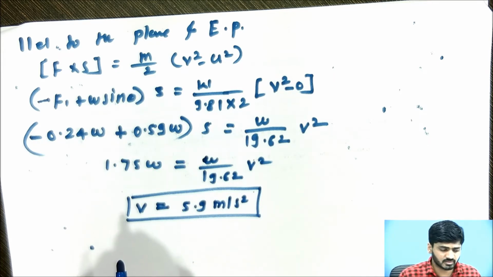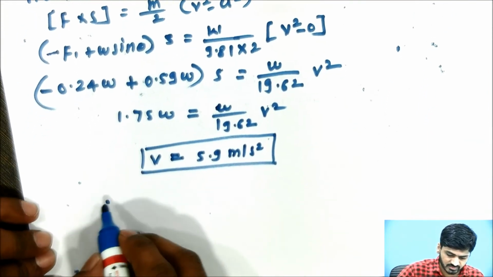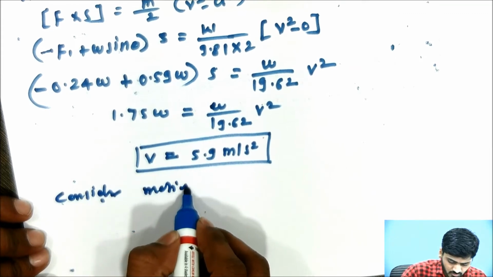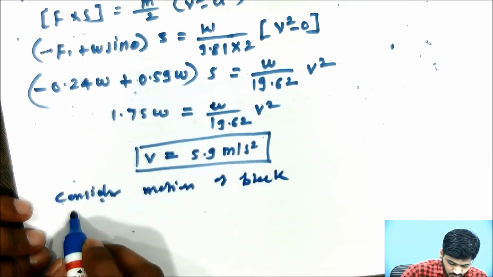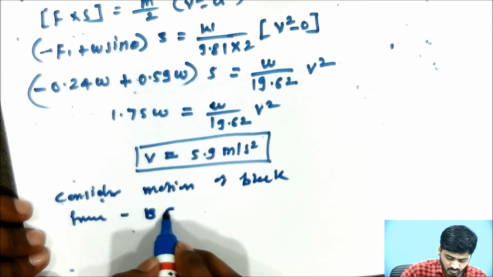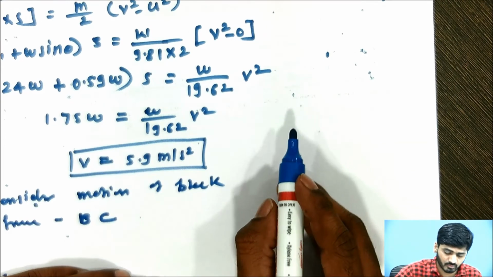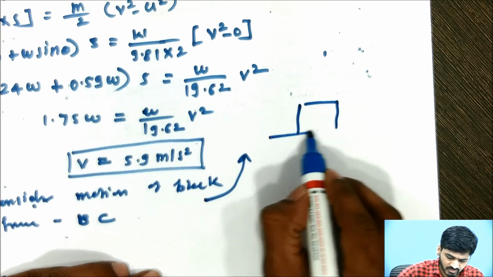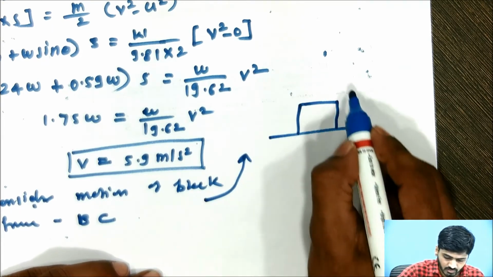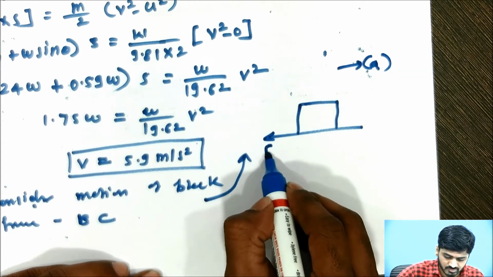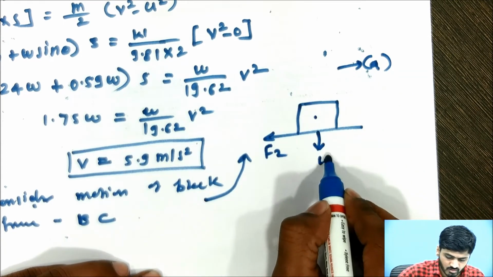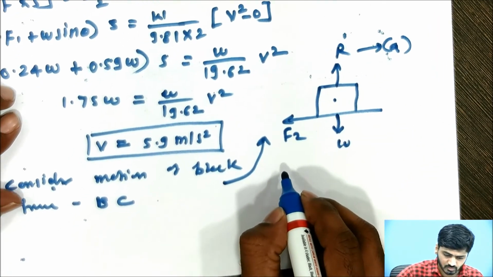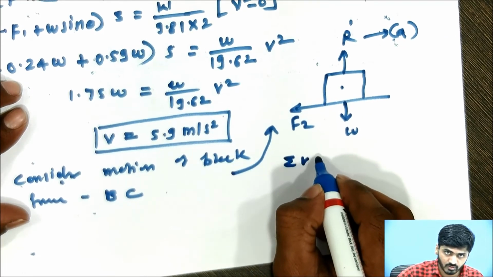Now the second term is present, that is we are considering the motion of the block from B to C. So whenever you are considering from B to C, you may observe here the position of the block is like this. Block is moving in this direction, so the frictional force F2, weight is present downward, normal reaction is upward, that's all. So here you may calculate first, summation V is equal to 0,